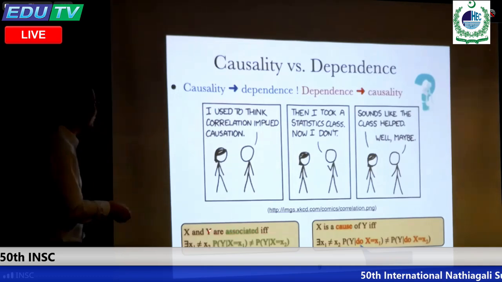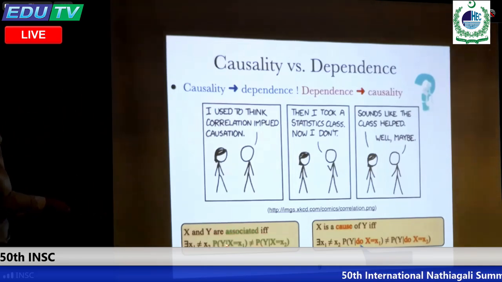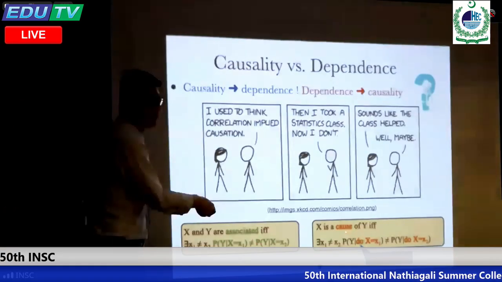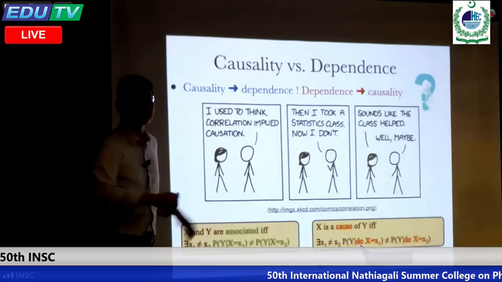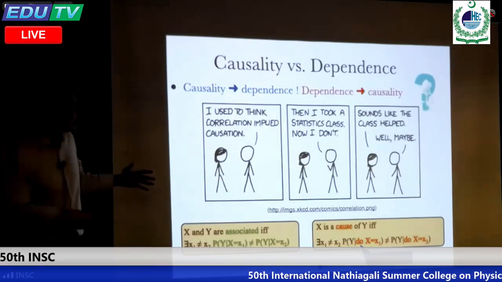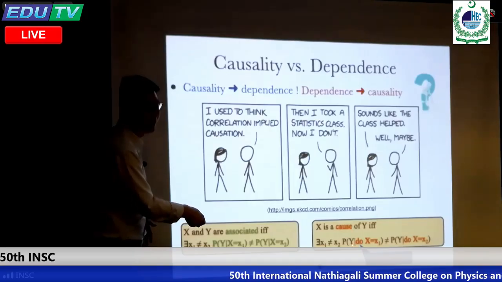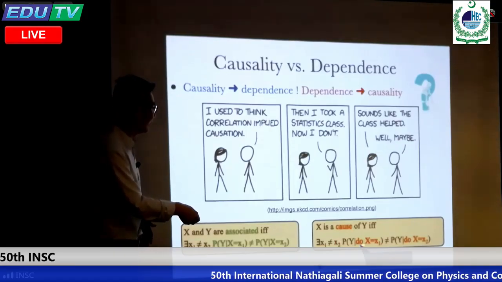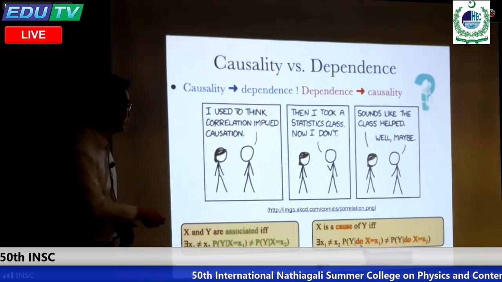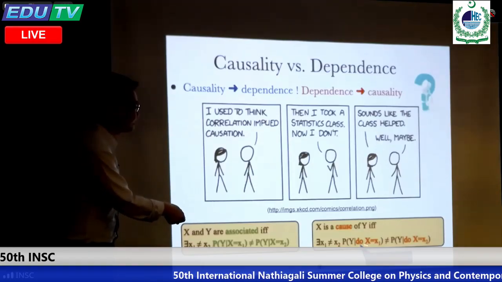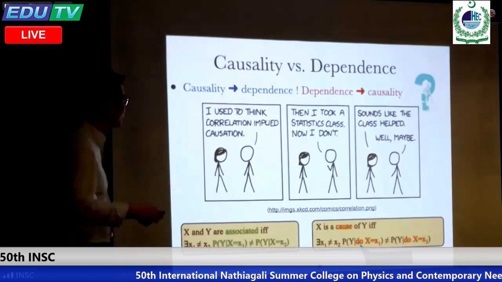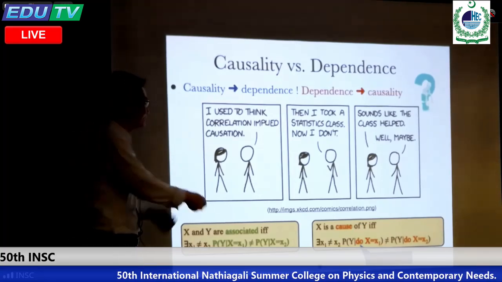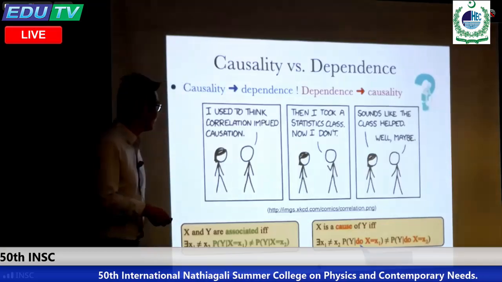So we say two variables or two events are associated only if they are not independent. It's very simple. And we say X is the cause of Y if this is true. And we have to define do. Now you can see in addition to the traditional notations, we have to define a new one, intervention, do. So at CMU, Peter Spirtes actually proposed a set. He used a set. And a professor from UCLA used do. But do became more popular. Okay, let's use do. But basically the same. In some papers, you can see set. It's the same thing.